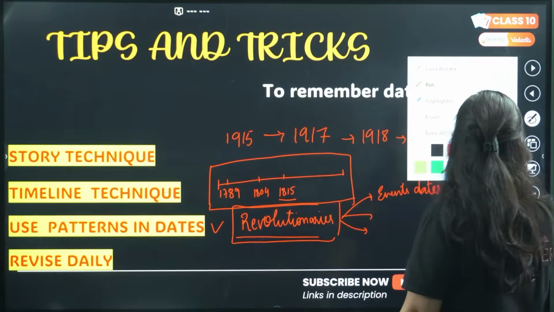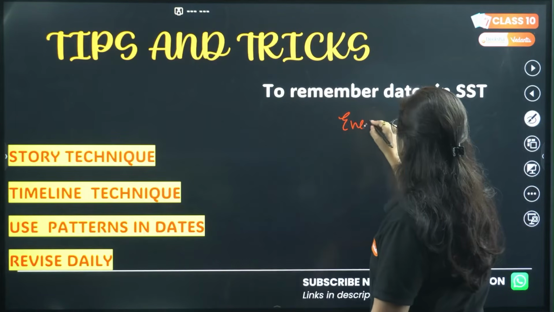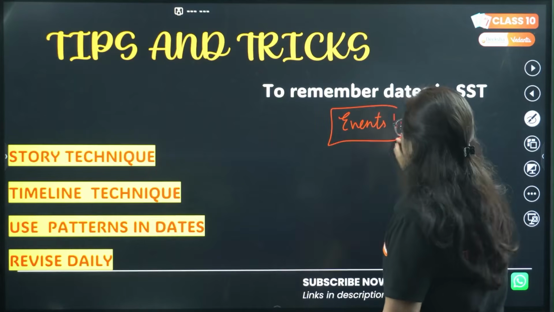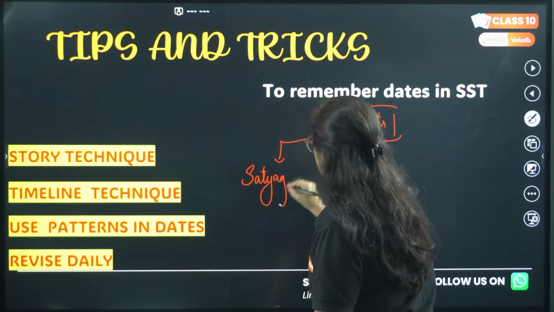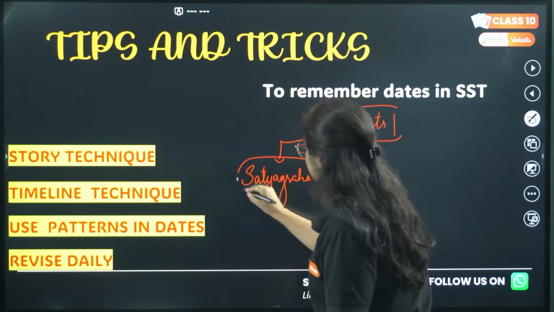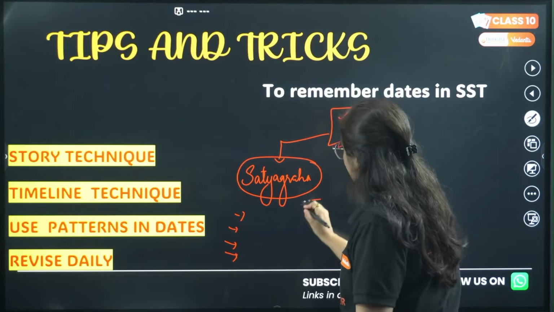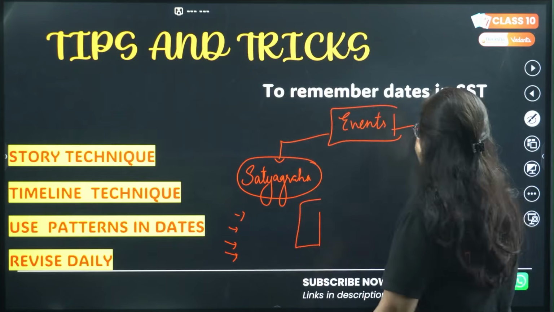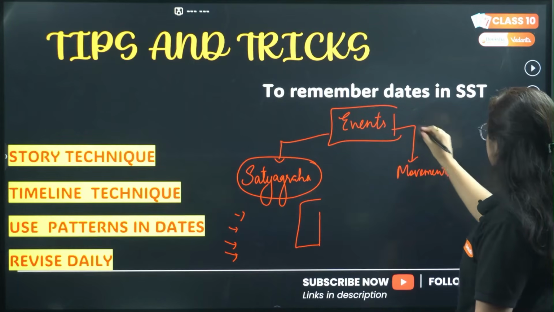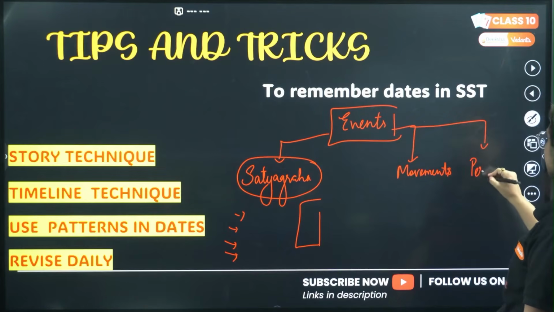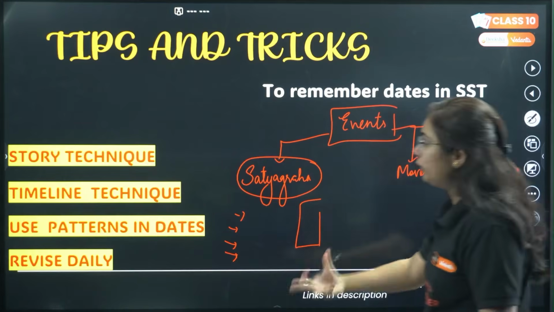If we talk about nationalism in India, group the events as follows. Like we will talk about events. In those events, the first point is which Satyagraha was launched in history. So Satyagraha is a heading. Now name all those Satyagrahas which are listed in your book and write the dates. We will start with the movements. If any such date is related to certain personalities, name them, give a pattern to your history,